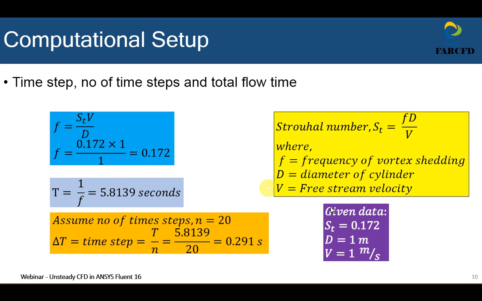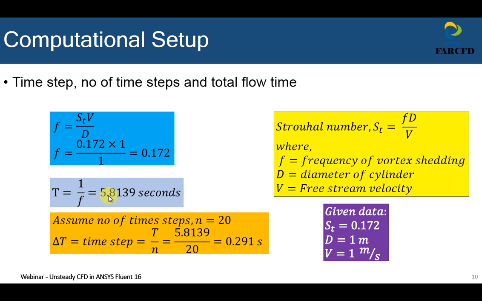Now using the formula for the Strouhal number, as shown here, and using values of velocity and diameter, the frequency is calculated to be 0.172. Now the time period needed for one vortex shedding cycle is the reciprocal of frequency, which is found to be